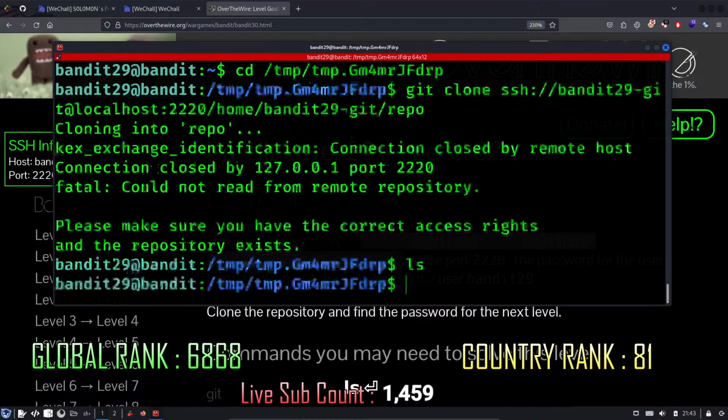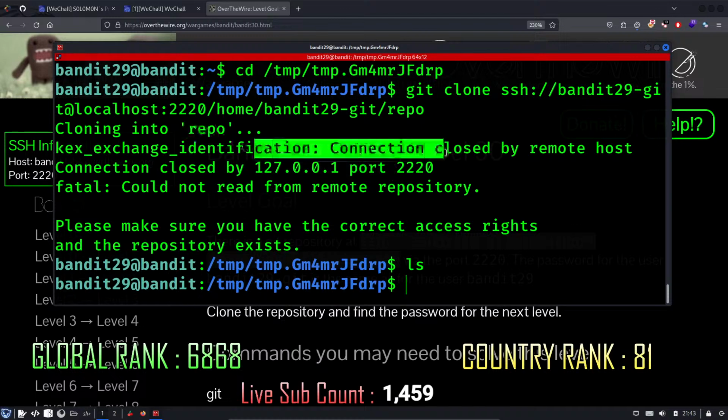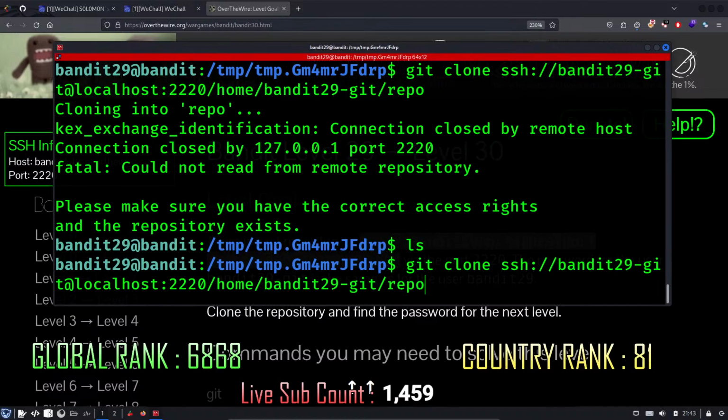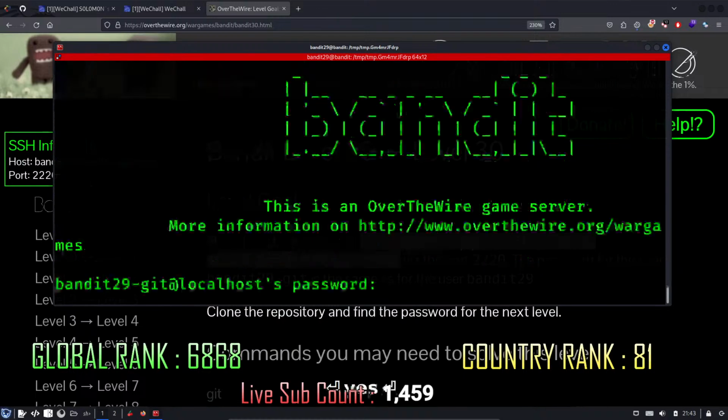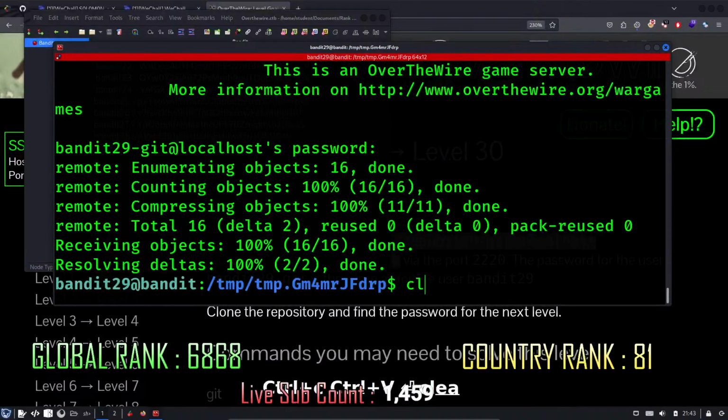Why is that? Why can't I copy? Oh, I don't know. For some random reason, it didn't work the first time, but now it actually worked. Anyway,